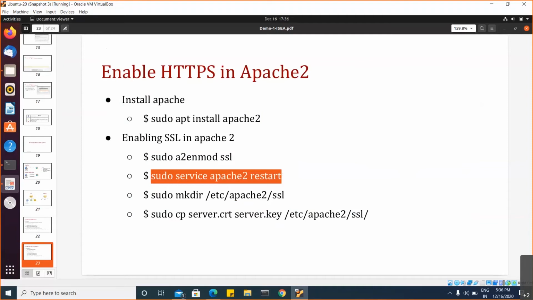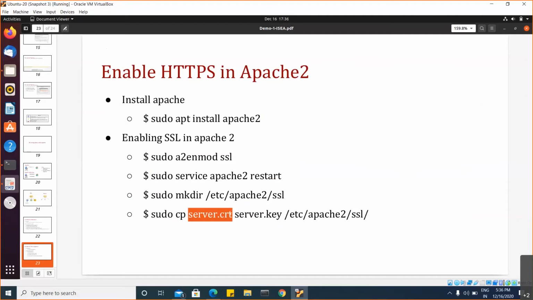In order to do that, whatever digital certificates we have generated for the server, server.crt, and server.key, which is the private key, we'll copy the digital certificate of the server along with the private key to this particular folder. By default, Apache is going to look in this folder for the digital certificate of the server and for the private key of the server.